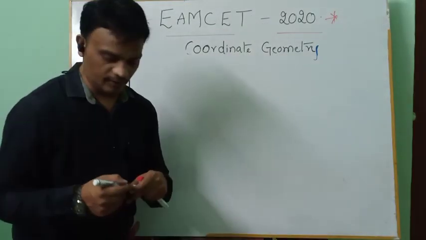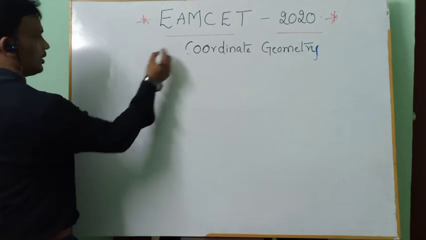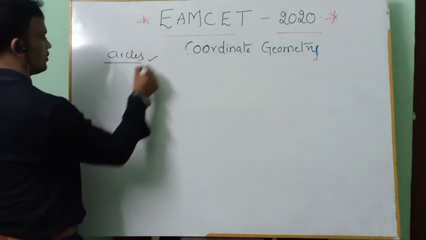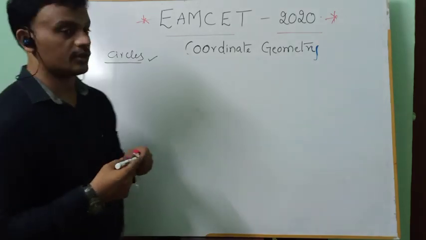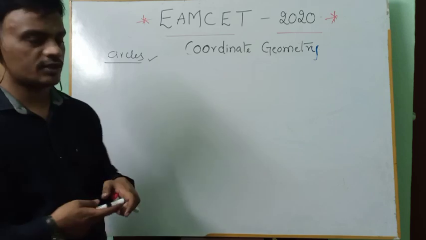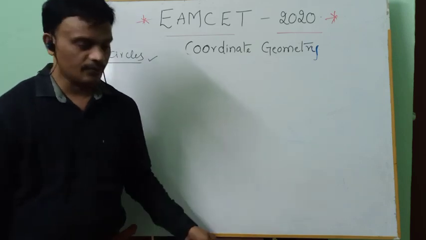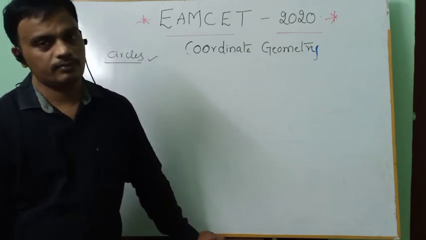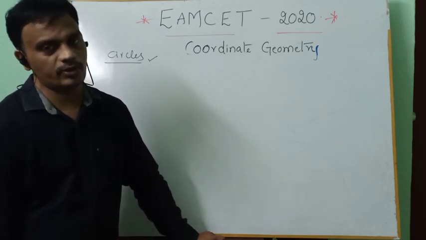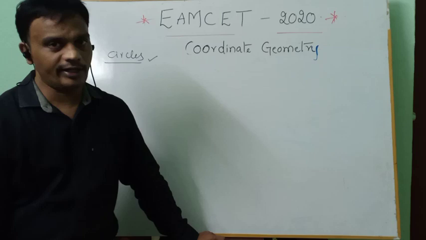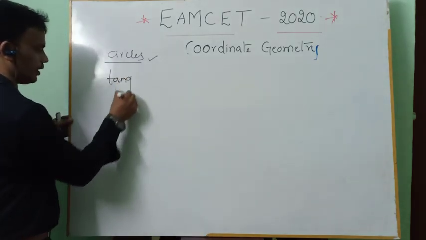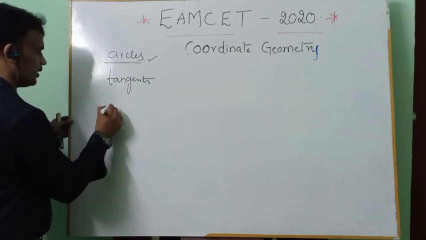So coming to our class 12 coordinate geometry, circles. Here we get nearly 5 questions from circles and system of circles. Anyway, we are going to focus on the fundamental concepts: central form, diametric form, finding the equation of the circle passing through given points, and like that. And from the circle, please focus on the concepts of tangents and normals.